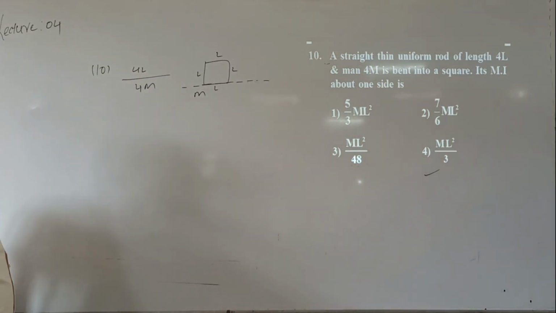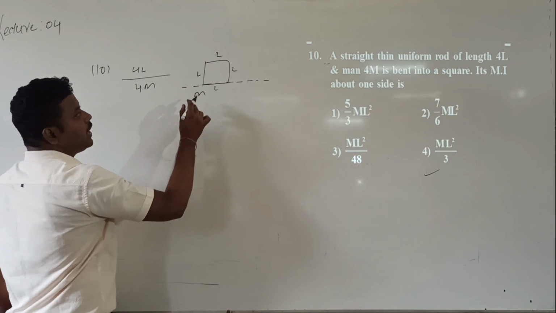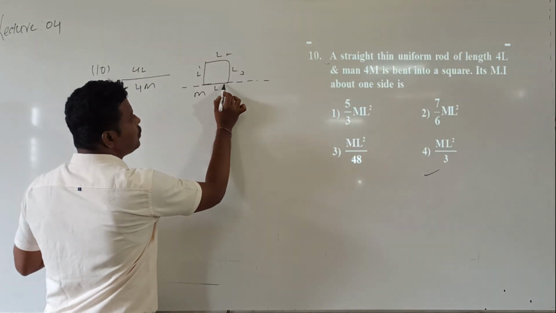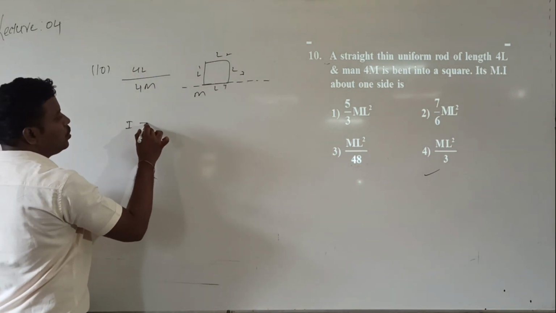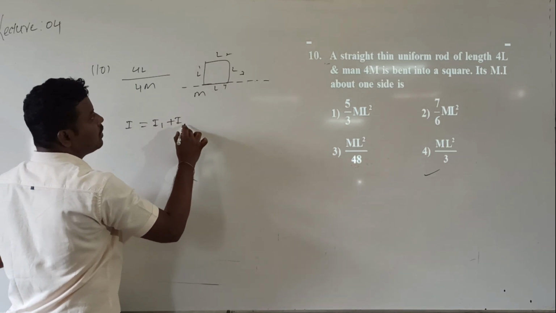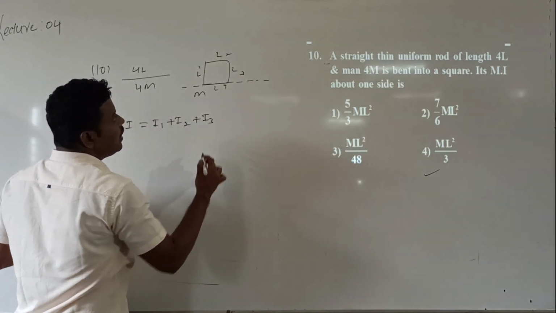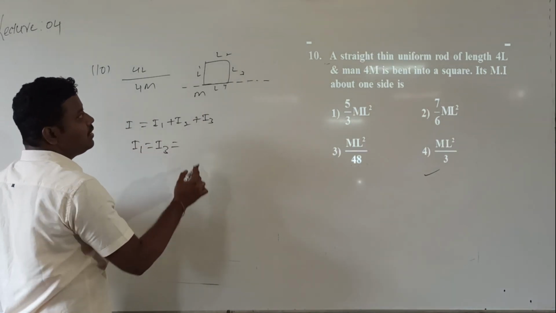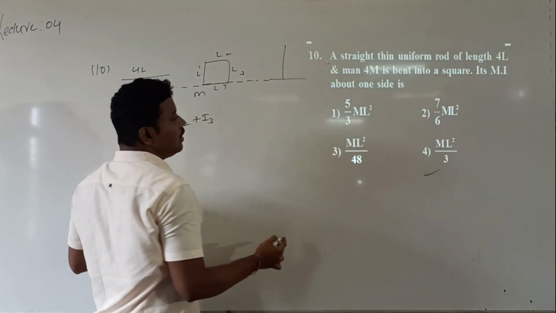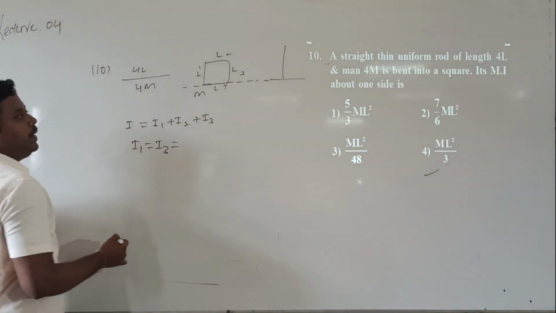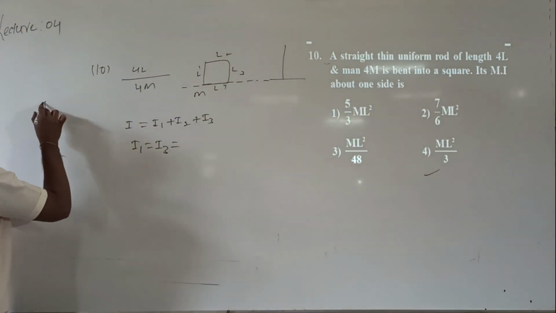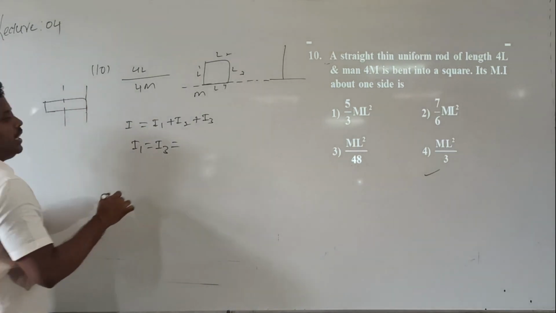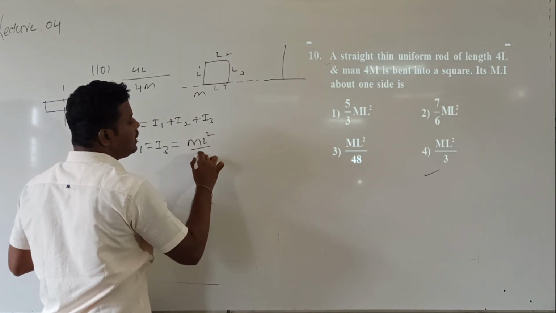So this is the axis. Now I want to calculate the moment of inertia with respect to this first side, second side, third side. Correct? Because the moment of inertia about this fourth side will be 0. How can I calculate the total moment of inertia? I1 plus I2 plus I3. In this, I1 and I3 are the moment of inertia of the rod about its tangential axis, perpendicular to its length. We know for a uniform rod about an axis passing through the center it is m l square by 12, and about a tangent the formula is m l square by 3. So the answer is m l square by 3.